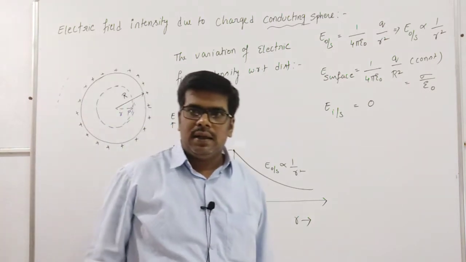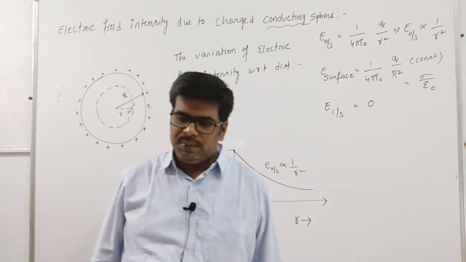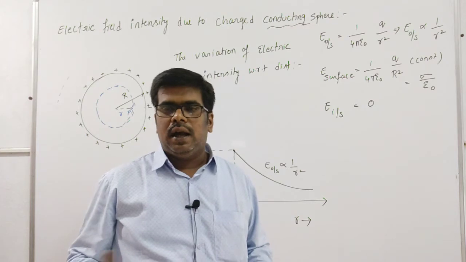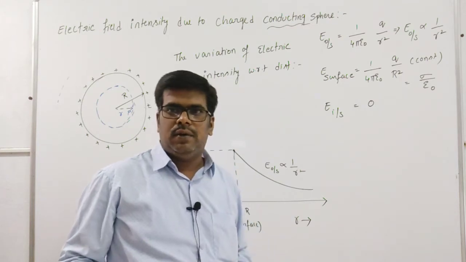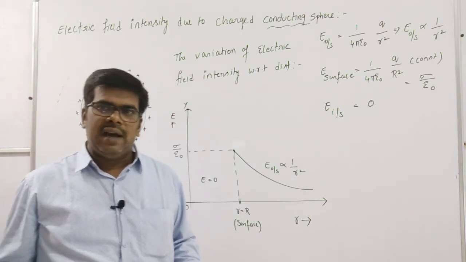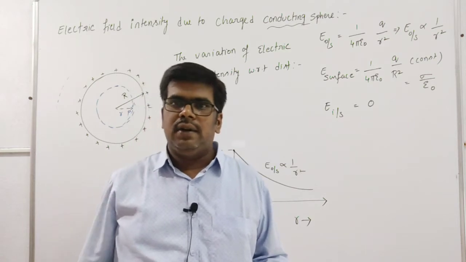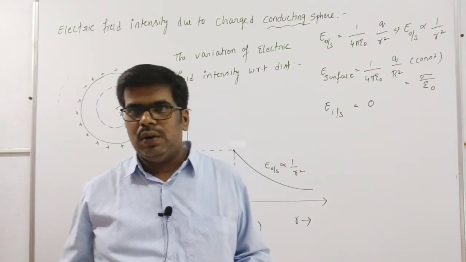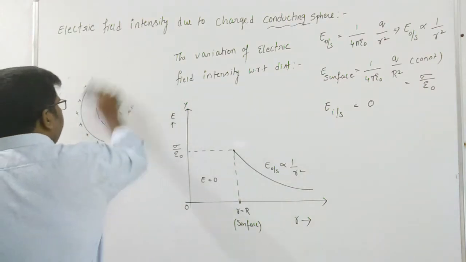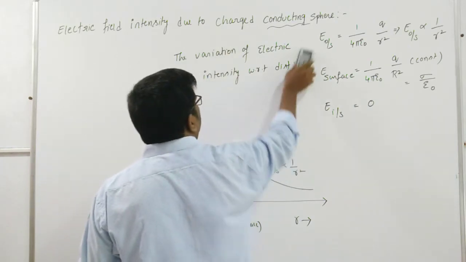Now we will go to another case, that is the electric field intensity due to a non-conducting sphere. So what is the difference? You know conducting and non-conducting well. Conducting means the charge resides only over the surface, and the electric field intensity inside is 0; we also discussed the reason why this happens. Non-conducting means it is like insulating materials, and the charge will be present throughout the body. Now we will go to that case: electric field intensity due to a charged non-conducting sphere.